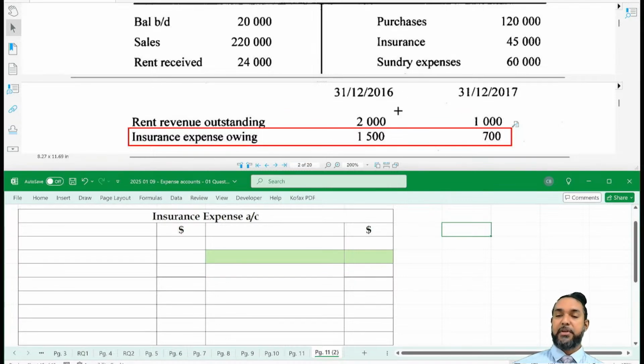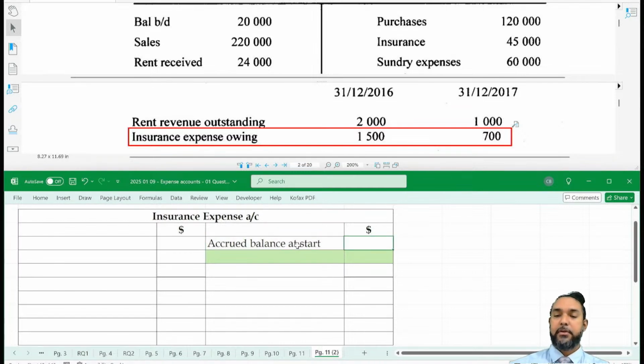We have this balance here, which is at the end of 2016, which also coincides with the start of 2017, and we have the closing balance for 2017, both of which are owing or accrued. Accrued expenses are current liabilities. So at the start of any particular period, if you have an opening accrued balance for an expense, it will be brought down on the credit side, because the credit balance implies a liability or a revenue, but we know for sure insurance can't be a revenue, and it's an accrued amount, so it's a current liability. So accrued, you can put balance brought forward or balance at start,